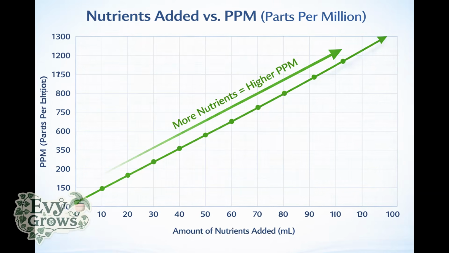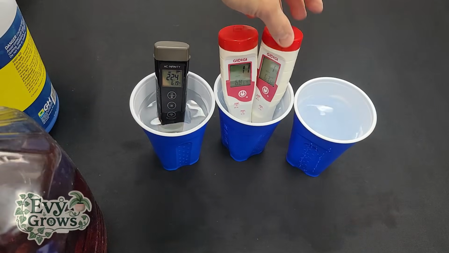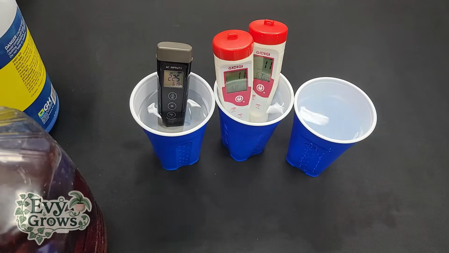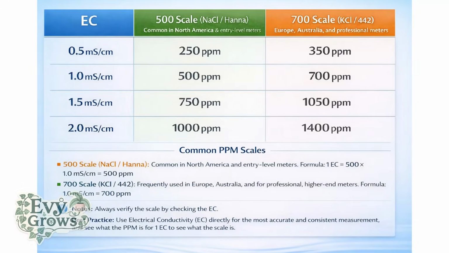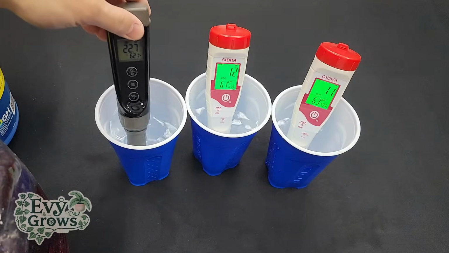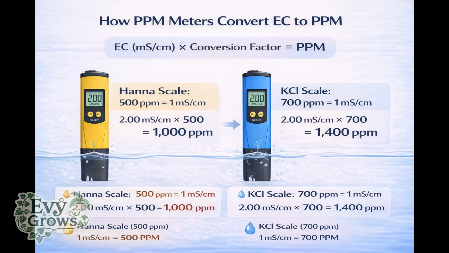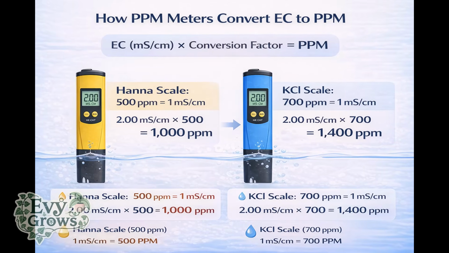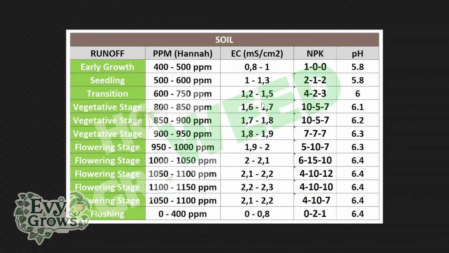Now, a huge mistake new growers make is following feed charts without knowing that their TDS meter is on a different scale. American and European meters use a different scale, similar to how the US uses miles and Europe uses kilometers. Using the wrong scale will have you feeding the wrong amounts. Now, the truth is, all of these meters have a built-in calculation that's actually just converting EC to ppm. EC stands for electrical conductivity, but unlike ppm, it's a universal metric